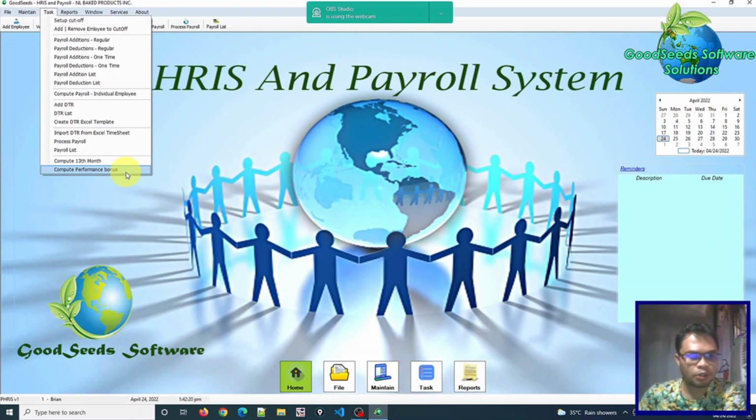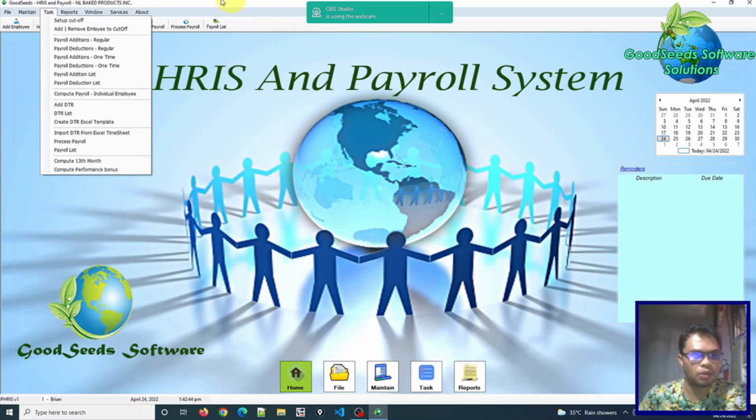So compute performance bonus, like the compute 13-month pay, has a default method of computing performance bonus. So you can choose, but you can also choose a customized method of computing. So this makes this payroll system or HRIS more flexible.